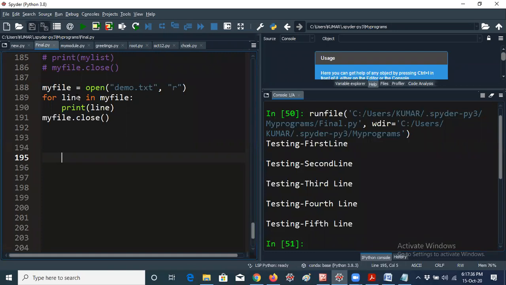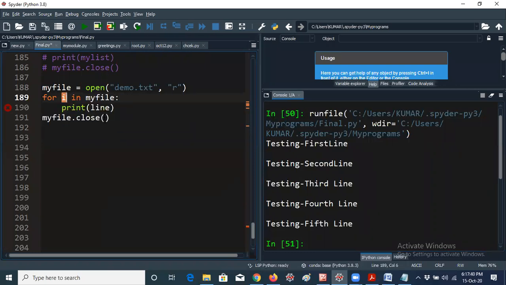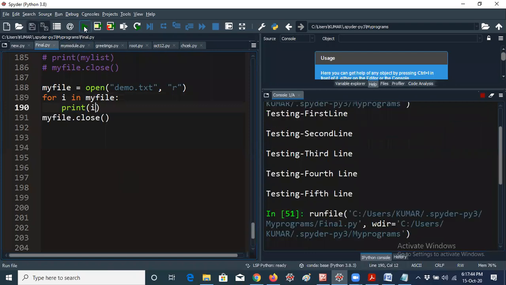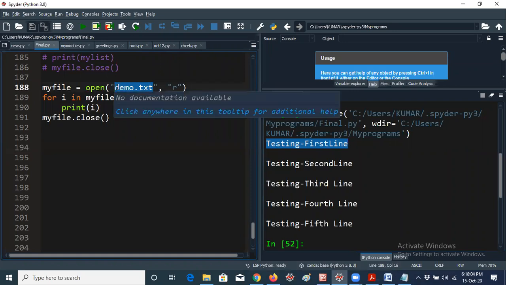I am telling once again, I'm taking any variable like i. It's not a problem at all. That's a variable only, and I'm getting all the values. It just takes a string, and it prints each and every character in the file. Whatever the file we have, demo.txt, it will print like that. Not only demo.txt, you can give any file name. For example, if I give youtube.txt, my file data will be printed.